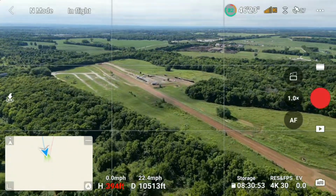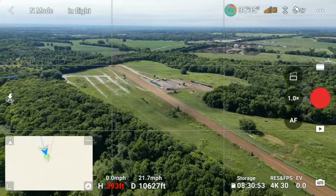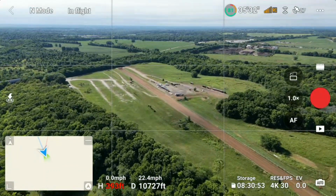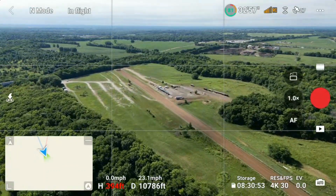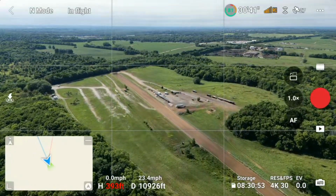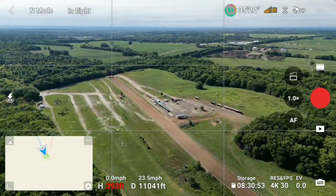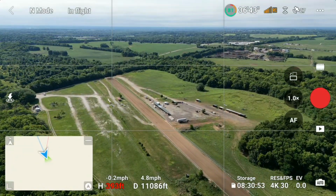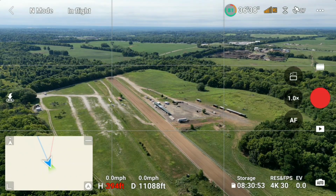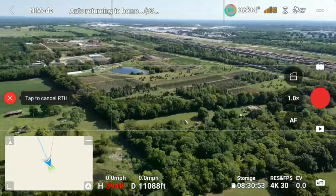Now she's down. I mean, I think a lot of it with this drone is the antenna position in the drone itself sucks. The placement in the drone is terrible, and there's not enough antenna in the drone. And just a slight little veer of direction can cause you to lose signal or get in the orange or the red. So we're going to flip back into auto return to home here